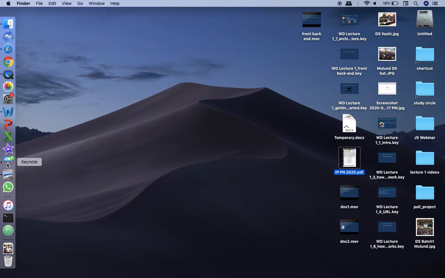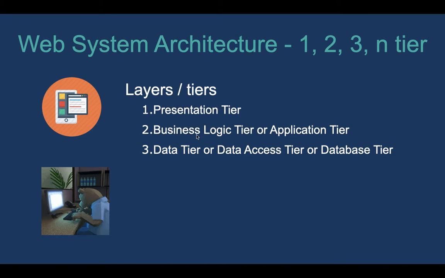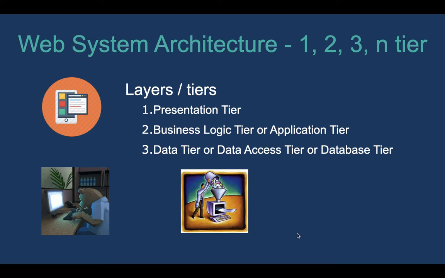Now, once you understand what is the presentation tier, let's talk about the business logic tier or application tier. The application tier is that tier in which we are going to write the logic, in which we are going to do some kind of processing. If you again talk about the Yahoo Mail service, it will be the application tier which will take the username and password from the user and will do some kind of processing on it. In very simple words, this application tier is nothing but the back end of the website. And this back end, this application tier, is coded in Java, Python, or maybe in PHP.